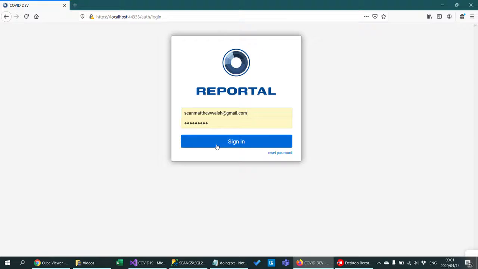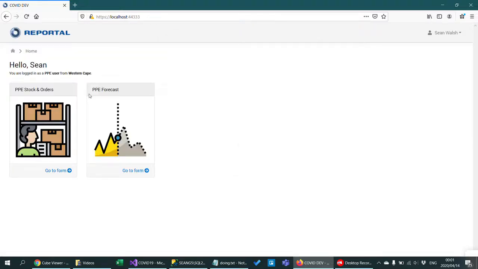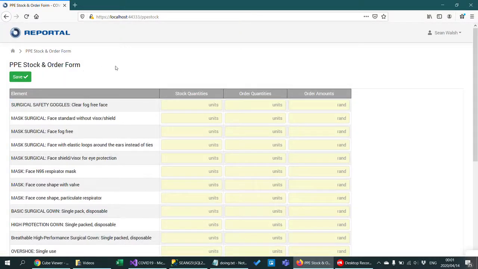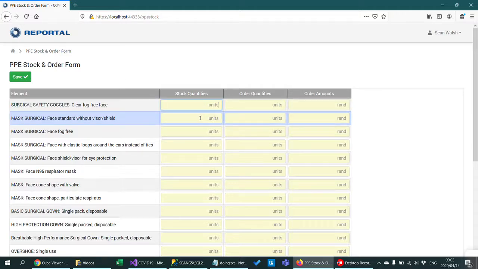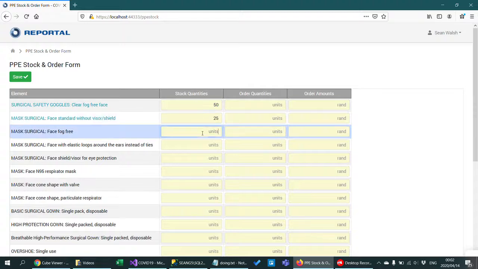So this is my login, which I've set up as a PPE user. This is a very basic user. This user type only has access to these 2 forms, so it keeps it very simple. It's very straightforward for them to use this. If I click on the PPE stock and orders form, it knows that my login is associated with Eerste Rivier, and it opens this form up, and it asks me how many surgical safety goggles do I have, how many surgical masks, and I can fill in data here